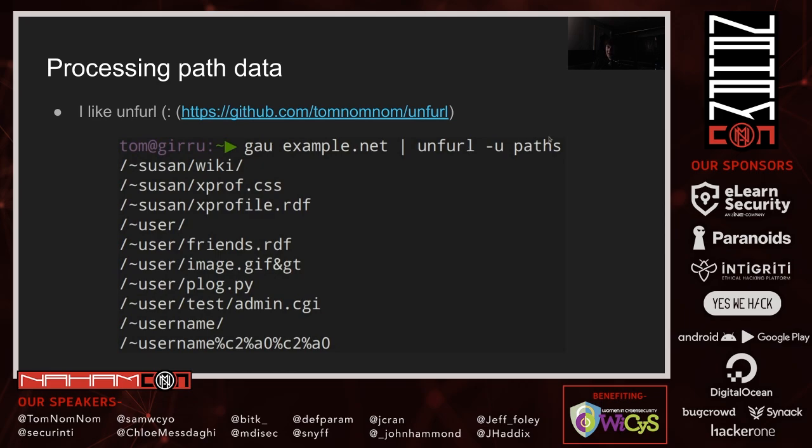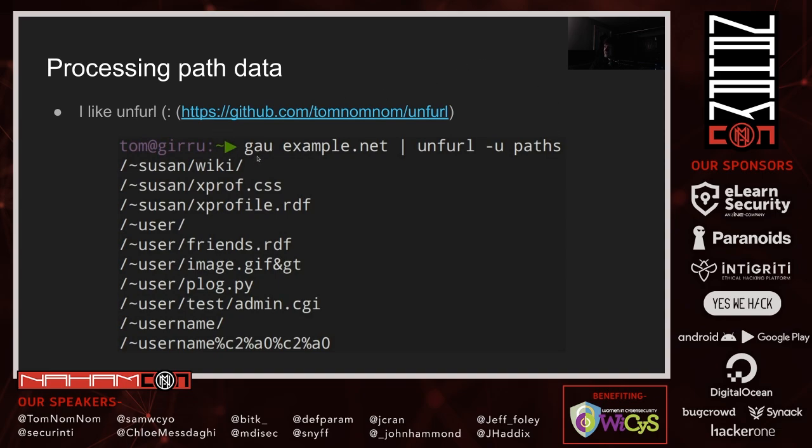So now that we've got a load of path data, or actually we've got a load of URLs, we need to process it somehow. I don't want the full URLs with the domain attached and that sort of thing. And a lot of the time, I probably don't want the query string either, or any page fragments or anything like that. So here in this example, using Go to fetch URLs for example.net. And I'm using a tool of mine called unfurl, which I think is probably one of the tools that I use the most out of the tools I've written. It's certainly one that I'm very happy with the name of. I'm actually quite proud of myself for that one.